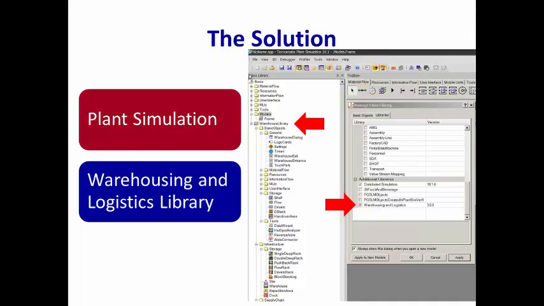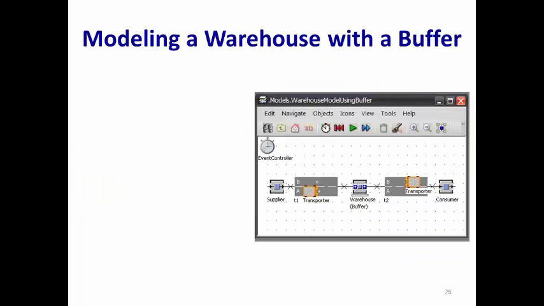Our next topic is a brief discussion about modeling warehouses with standard plant simulation objects. In days of old, when computers were a lot slower with a lot less memory, warehouses were often modeled as a black box. The black box was just one buffer object like you see in the middle of this frame. An overall average pick place time may have been used, or if you were fancy, you'd have separate average